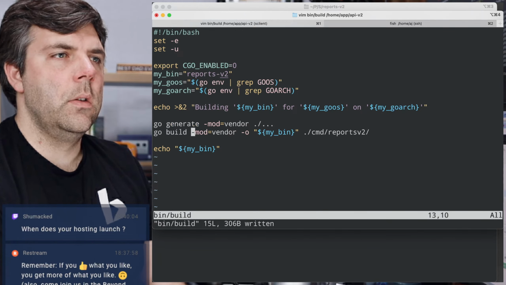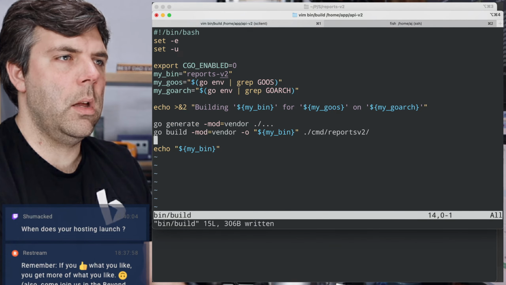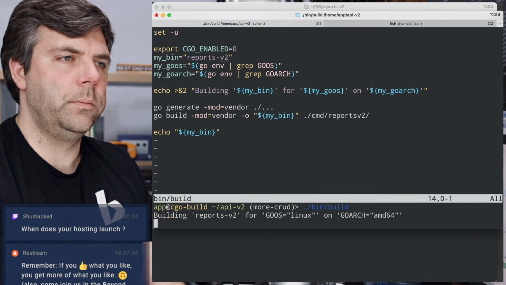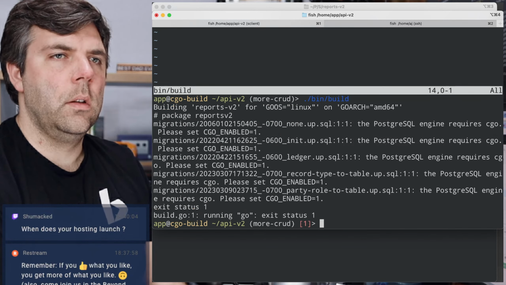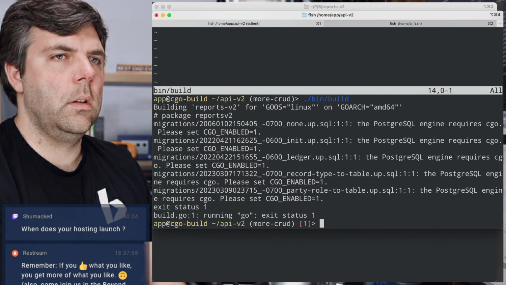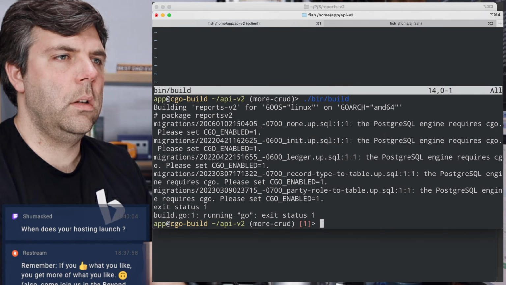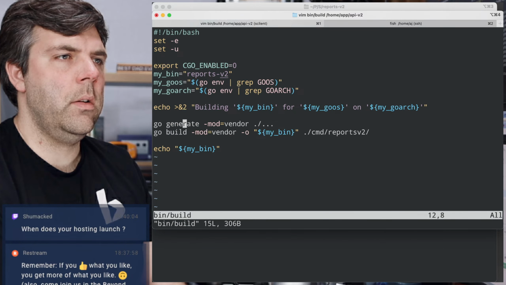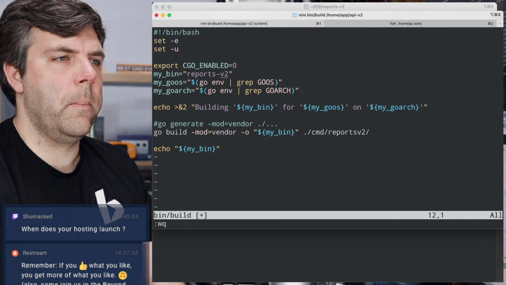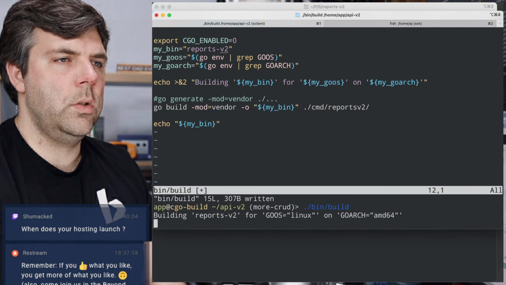Okay. So build, vendor, and so on. Go mod generate. Okay, we can get rid of the generate. We can just go for the build.